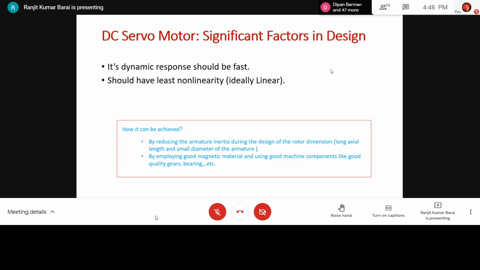In machine design, it can be proved. In machine design books, the proof is available. Power output of a rotating machine is proportional to the square of the diameter. Now, if you reduce the diameter, its power output will get reduced drastically. In order to compensate that, what we do,